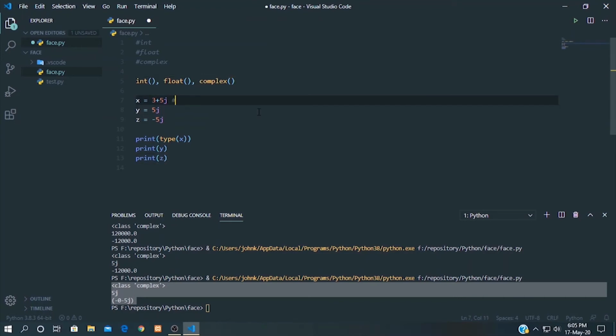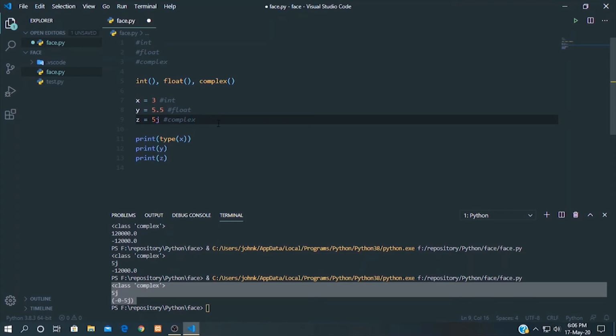Let's take integer 3 and float 5.5, float, and complex.